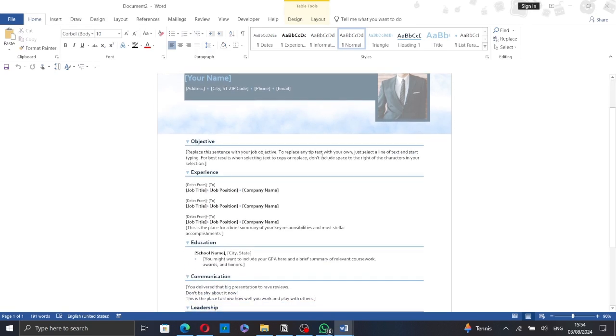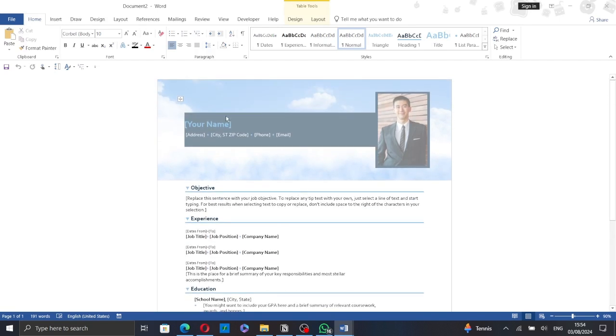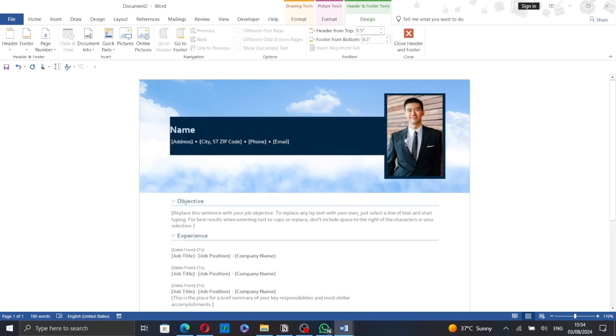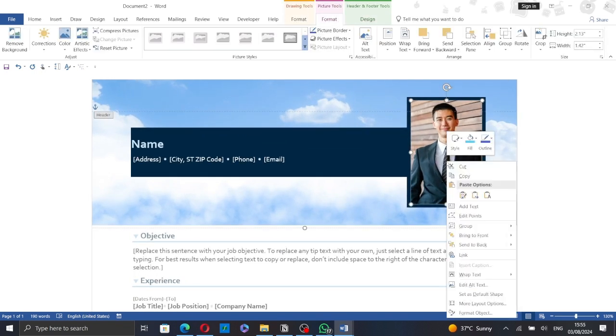Now to change or to edit a text, just double click on it or click on the placeholder and change it. Double click on the header to open the header and the footer, and to change a picture, just right click on it, then select Format Object